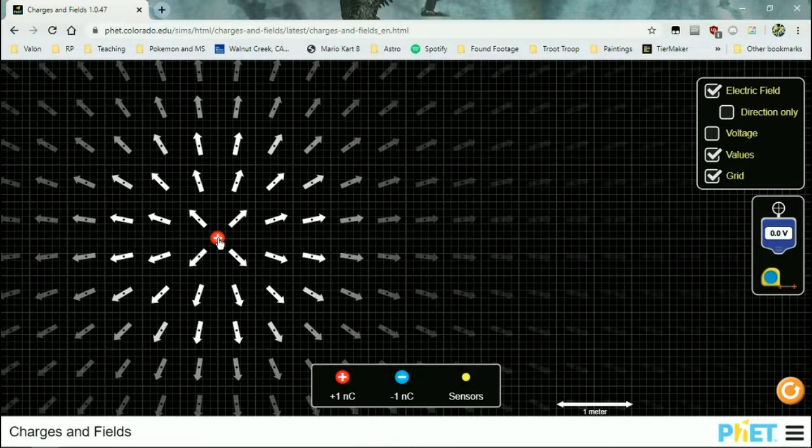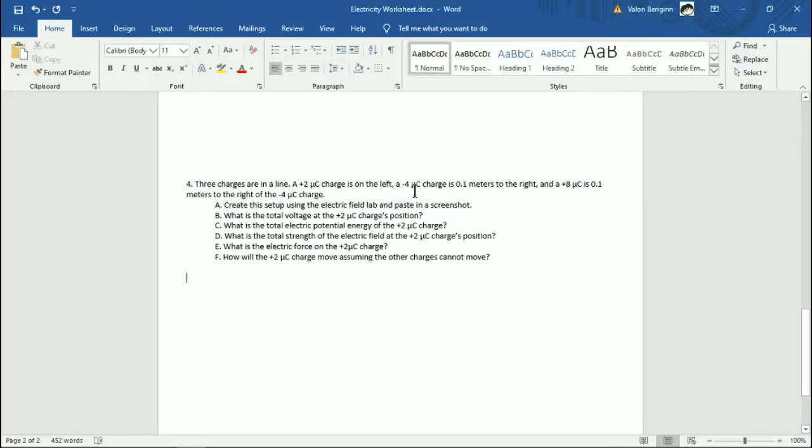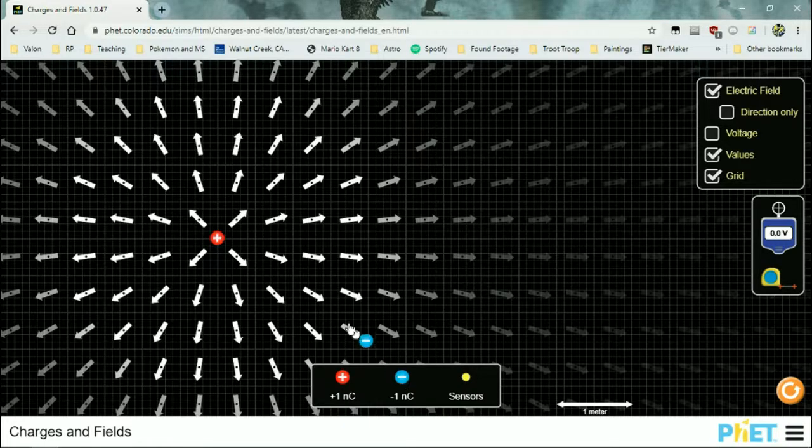Try to get accurate, get it right on it, move over left one. Okay, good enough. There's your plus 2. Then a -4, which is 0.1 meter to the right. Okay, so that's going to be